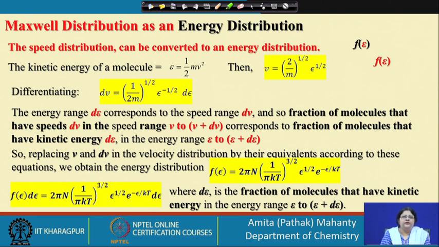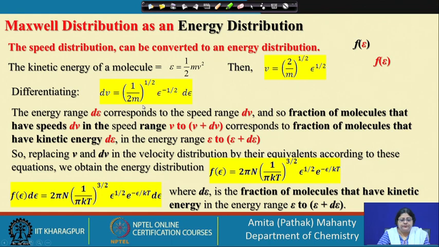So, this mv square, if we are looking into the root mean square velocity which we have derived for the distribution function, please ignore these typographical errors, do not ignore these 2 points. We are going to find out what is v from the expression, half mv square equal to the energy. From this expression we will find out the velocity, and what we are looking into is a velocity interval dv. So, if we want to find out dv in terms of the energy, you have this expression for v, differentiate,